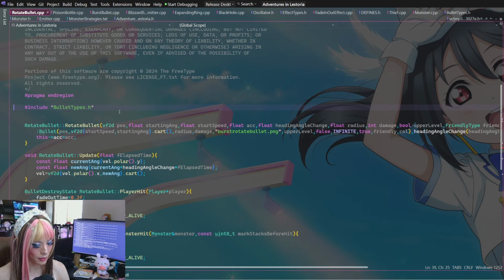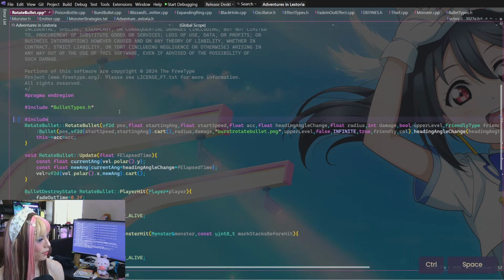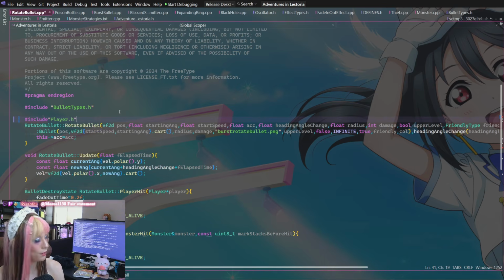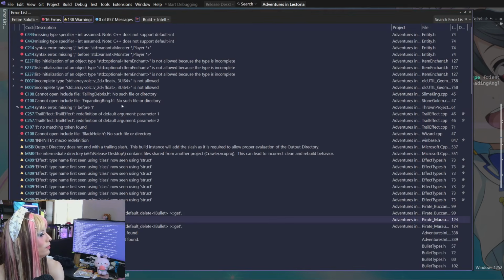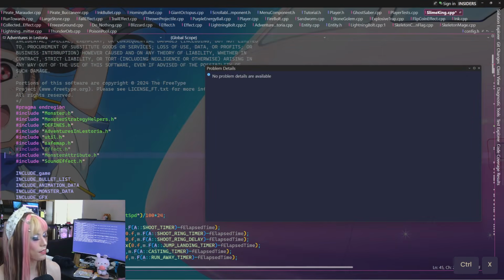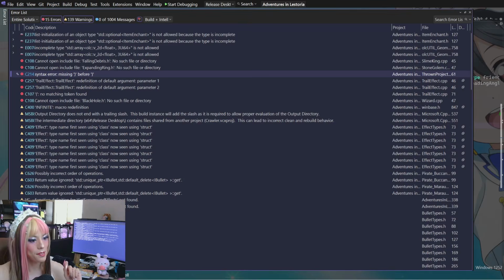Okay, we need player in here. Include player. Man, there's so many more transitive includes before. That's wild. Okay. No such file directory here. That's fine. That's an easy one. This one's gone too. Syntax error.